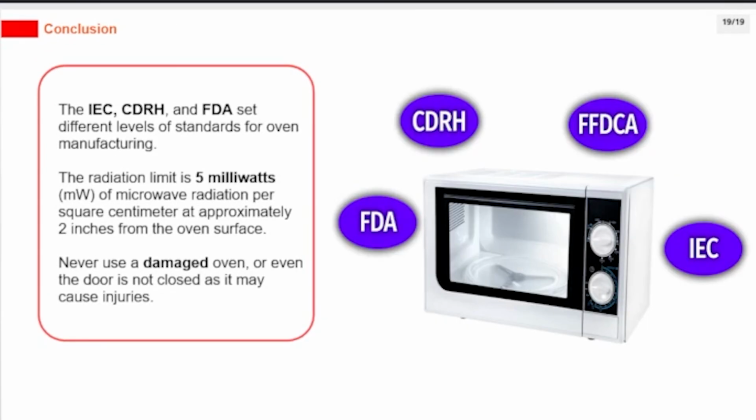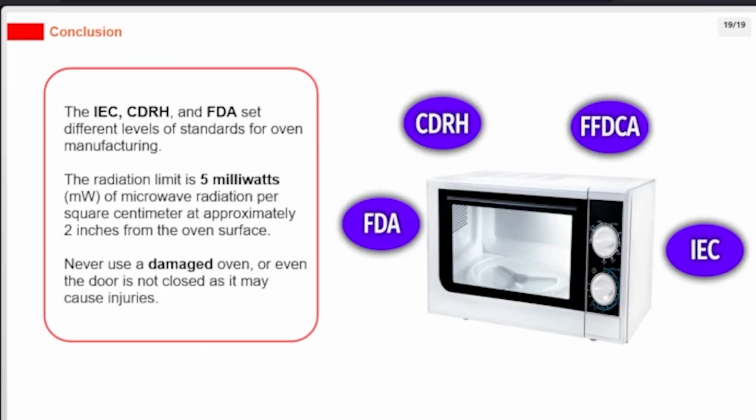The IEC, CDRH, and FDA set different levels of standards for oven manufacturing. The radiation limit is 5 milliwatts, mW, of microwave radiation per square centimeter at approximately 2 inches from the oven surface. Never use a damaged oven, or even if the door is not closed, as it may cause